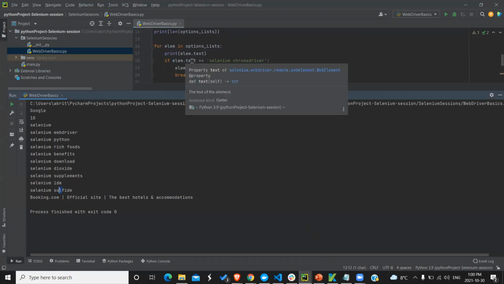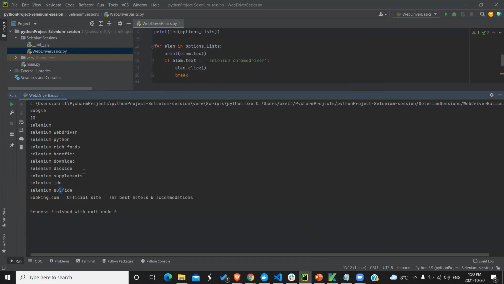For example, if it is equal to Selenium Chrome driver, it will go inside the if condition and then click and then break. But it is not going in, because it is not satisfying the condition. It will keep on repeating the loop till we get this text.